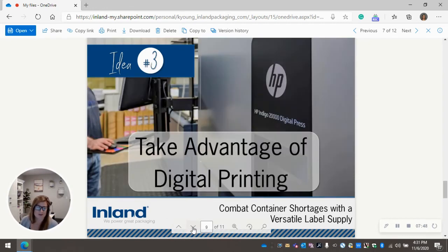Idea number 3, take advantage of digital printing. Let's be honest, on the daily, we are having to change our path, and your packaging is no different. Now more than ever, as you are navigating through these container shortages, digital printing can come to your rescue. When you need to make that change on the fly, you surprisingly got the shipment of containers that you needed,